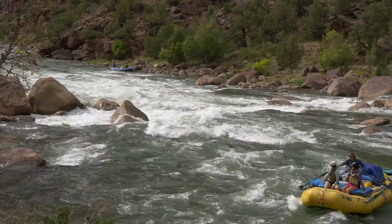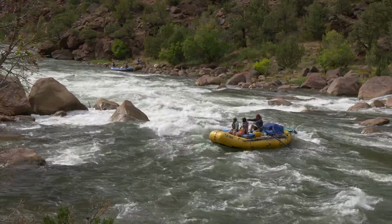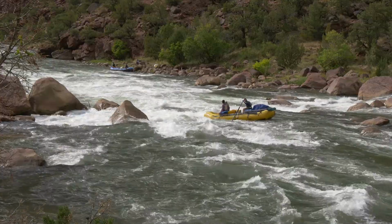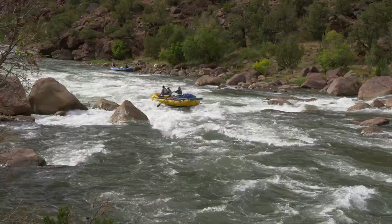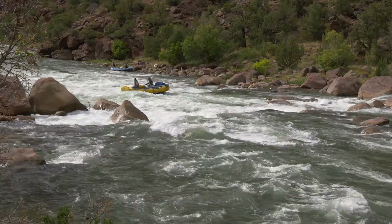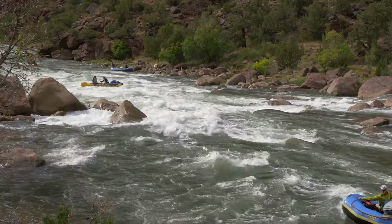Here comes the yellow boat, deciding to pull into the main channel below the lower guard rock. Swings in, drops the main part of the channel, and then goes a little bit up onto Lucifer, drops in there, and then is pushing to get away from that lower rap rock. Next boat,